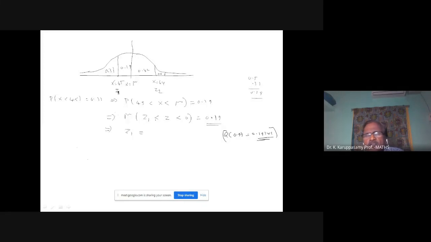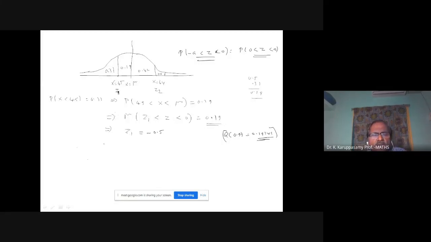That is different. Z1 lies on the left side, so you put the value as minus 0.5. If it lies on the right side, you put plus 0.5. The reason is the same: probability of minus A less than Z less than 0 is the same as probability of 0 less than Z less than A. Both are the same. So here we need Z1 in negative terms. Your Q will accept only positive values. Q of 0.5 is approximately 0.19. So the corresponding Z1 value is this one.